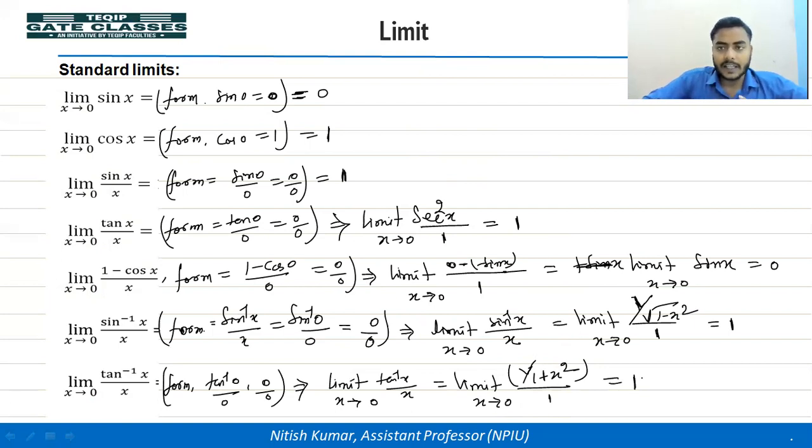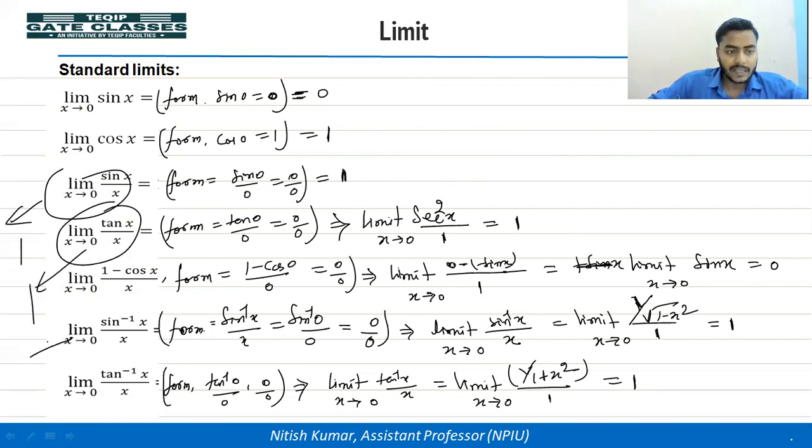So whatever result we are getting here, just note it down and remember. We will apply these results to solve large questions, big questions, when we apply the sum rule, division rule, multiplication rule, quotient rule. So whenever you get this type of expression, we can write directly 1. Whenever we get this type of expression, we can write 1, right? So that's why you have to remember.